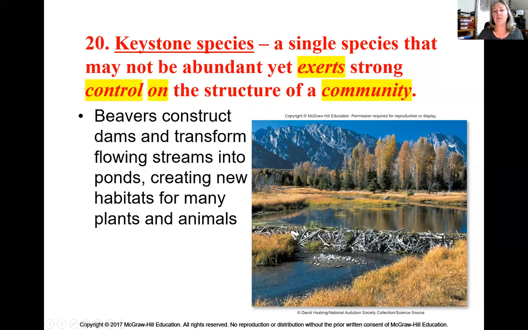And you don't have to have a large number of them, but what they've done, if you remove them, then it would change and impact the community of plants and other organisms in that environment. So if we look at this, beavers sometimes will construct dams along fast-moving streams, and it will cause a ponding